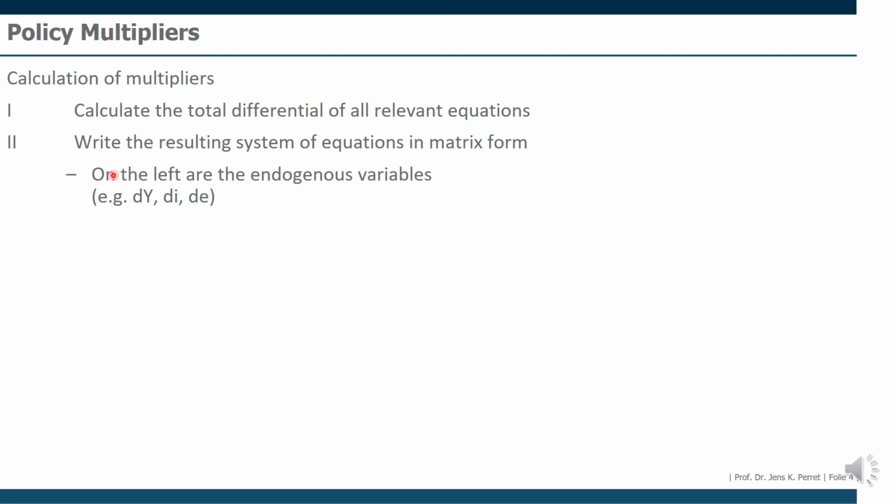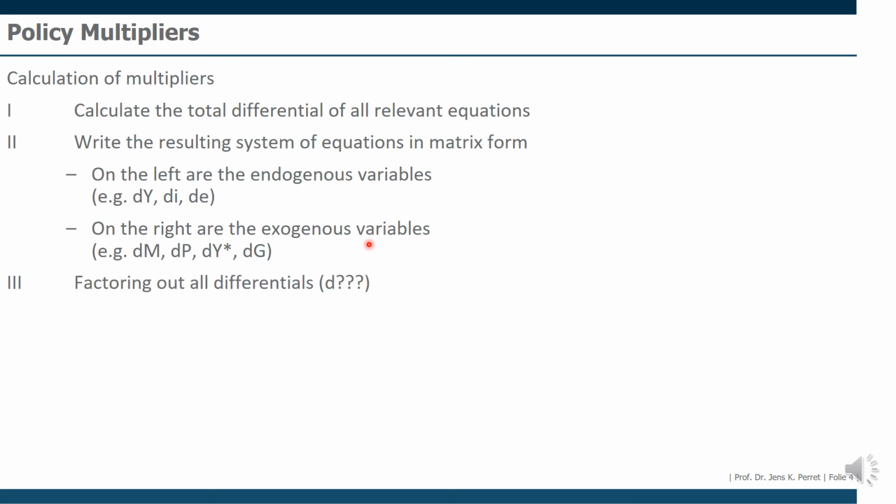Then basically the left side should look like you have a matrix times a vector of dy, di, de. On the right side, there's also a matrix, now with a vector as well, considering, for example, dm, money supply, dP, price level, dy star, so foreign GDP, dg for government expenditures. Depends which exogenous variables you deem important. If you have arranged it in this fashion,